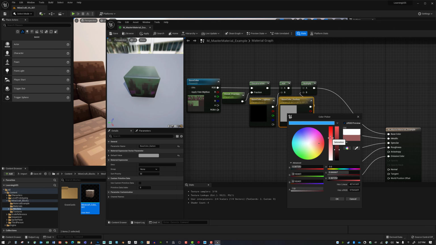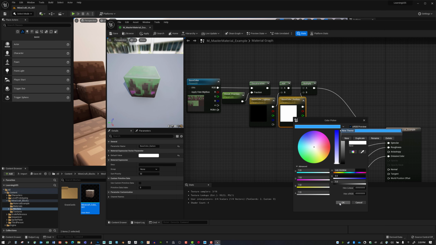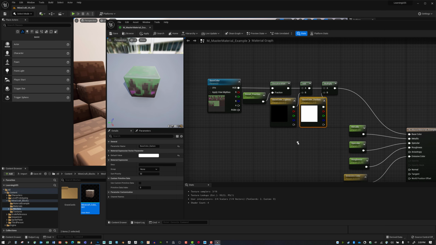But again, if we want to tint this while we multiply, we can do that as well. We can change the color. You can change it to whatever you want. It could be blues, could be purples, but that's going to give us a darkening effect. And so just to put the controls in there, I'm going to make this white, just like that. And then I feel like I've got everything that I want to build for base color to give some tuning